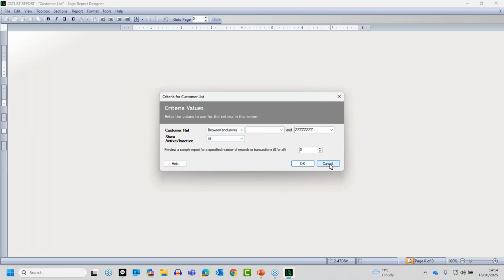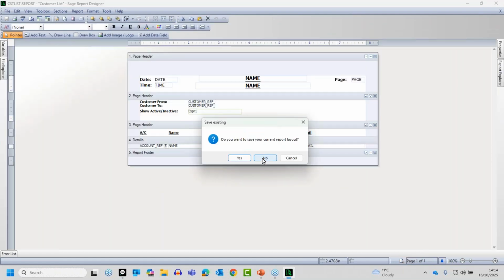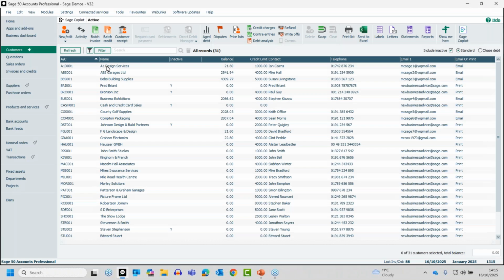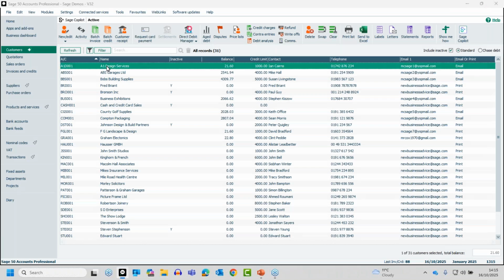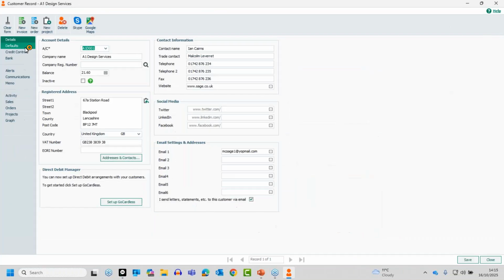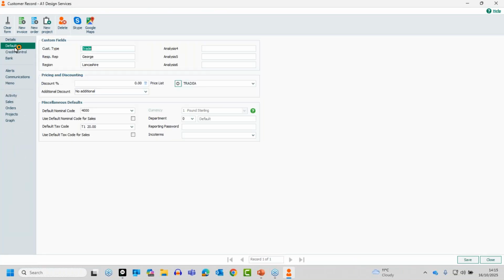Now, I'm hoping you're familiar with the analysis fields. If you've not touched them before, if I just close out the Report Designer for a moment. If you pop into a customer record, just as an example, just maximize that as well. On the defaults tab, you've got what we term the analysis field, sometimes referred to as the custom fields